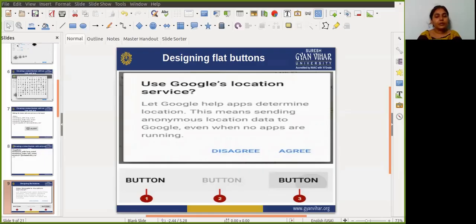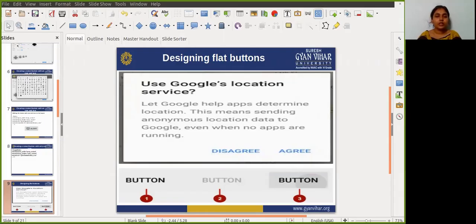A flat button shows an ink shade around it when it is pressed. In the above figure, it shows the three states: first, the normal state, second, the disabled state, and third, the pressed state.